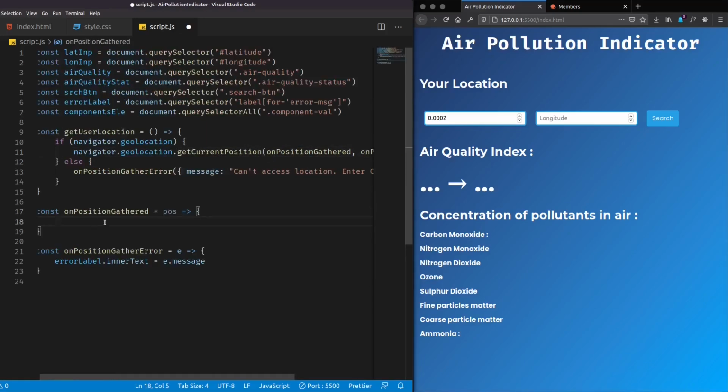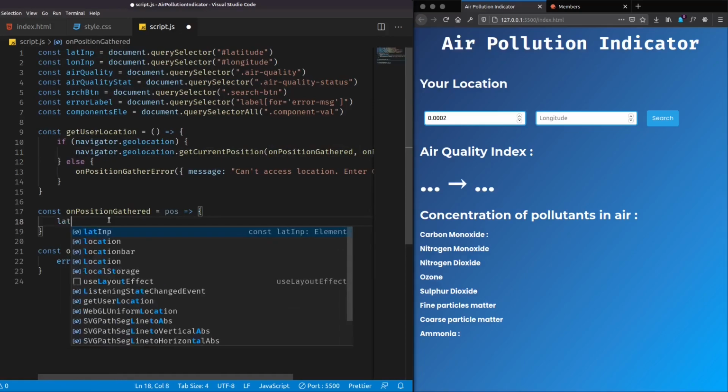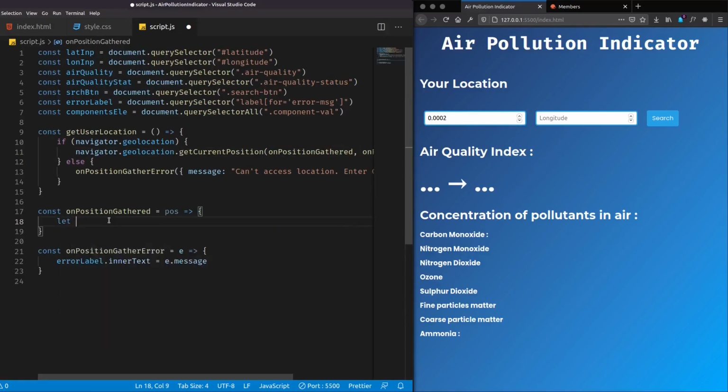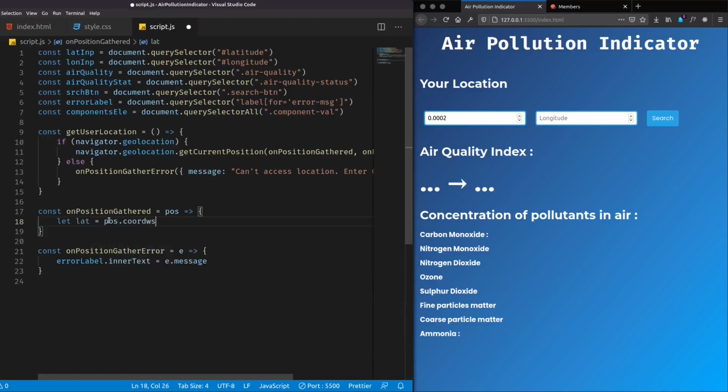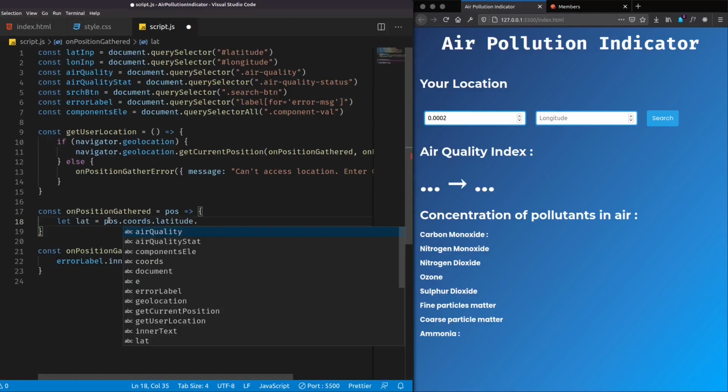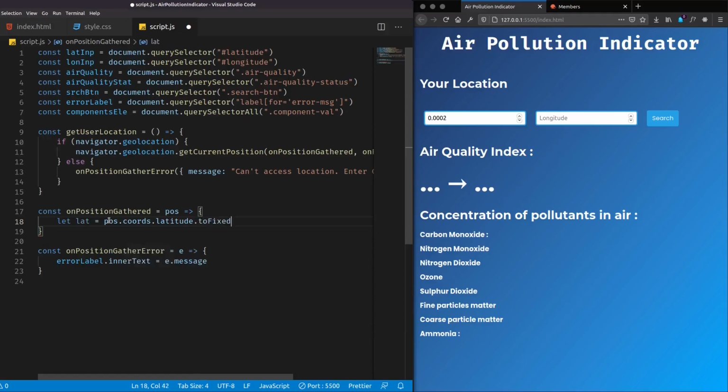Let's work with onPositionGathered. Here I'll get the latitude and longitude of the user. So I'll first of all store that in a variable. The latitude will be position dot coords dot latitude. This will get a very long decimal number, so I want only 4 numbers after a decimal point, and the longitude will be the same, except this will be longitude.